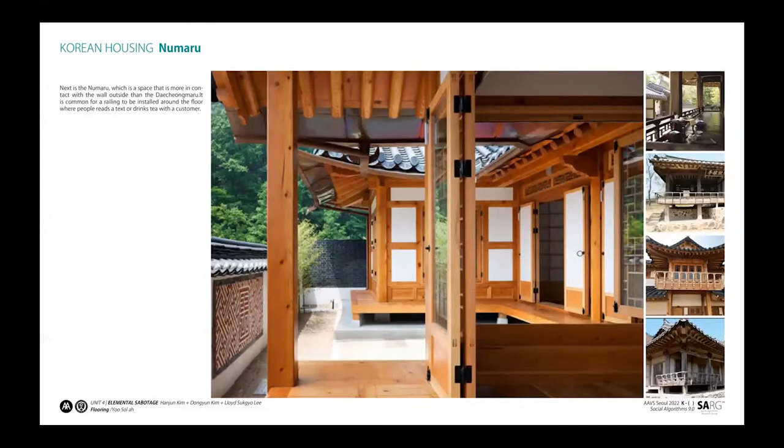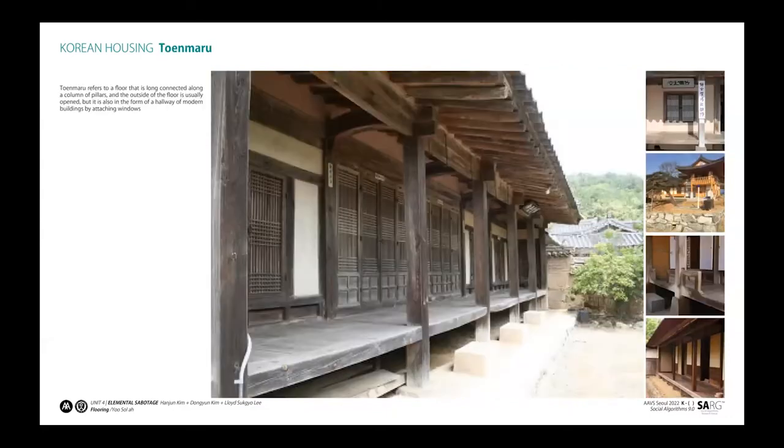Next is Nu-maru, which is a space that is more in contact with the wall outside than the Daecheong-maru. It is a buffer space to be installed around the floor, where people rest and sit in. It is the characteristic of Toenmaru. The outside of the floor is usually open, but it is also in the form of a hallway in modern